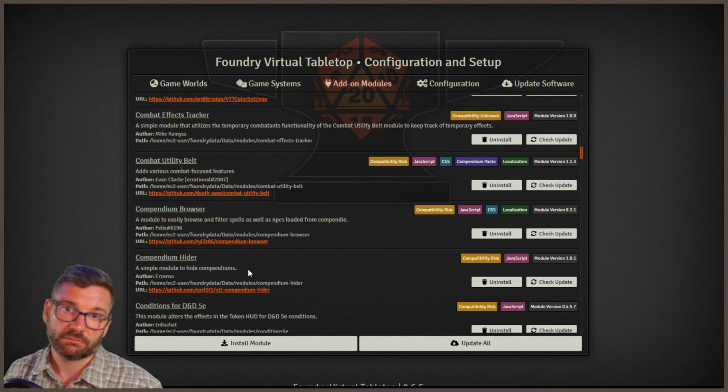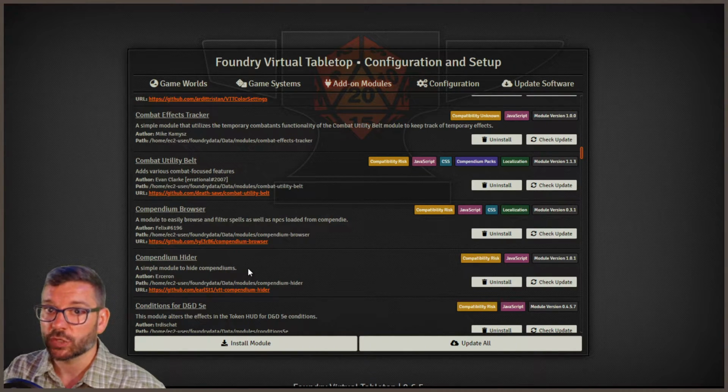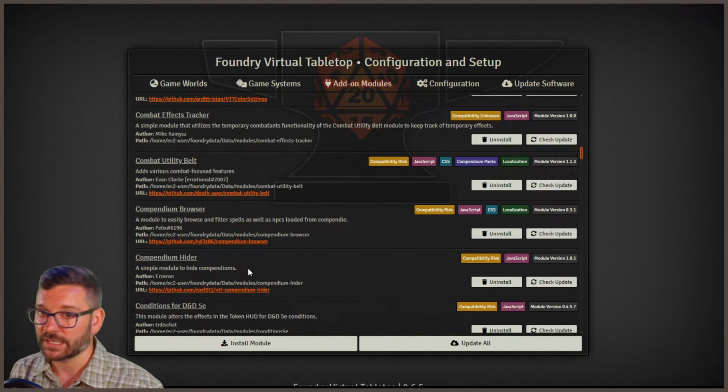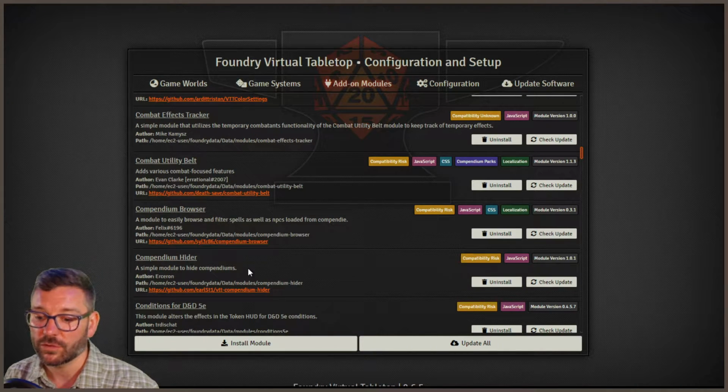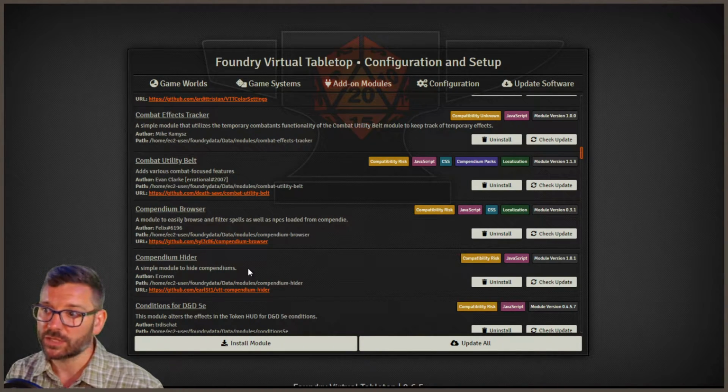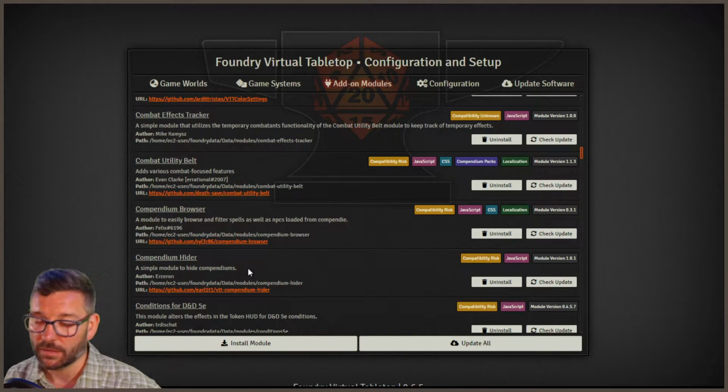Compendium Hider does what it says. You can go in and choose which compendiums are shown. That way, if you're not using anything from the SRD, you can hide the SRD ones. Or after you've successfully imported some music, maybe you've paid for Foundry and you're a patron supporter,